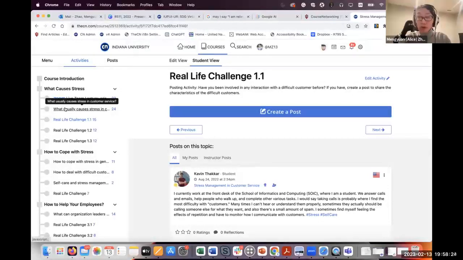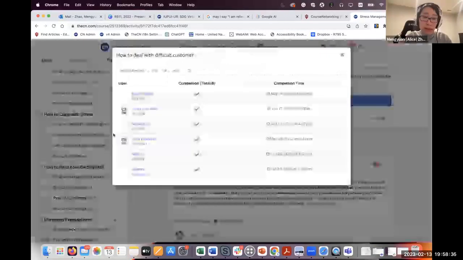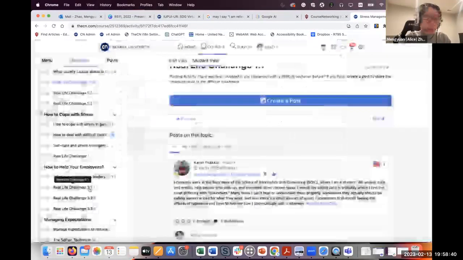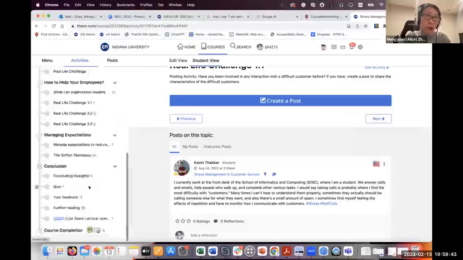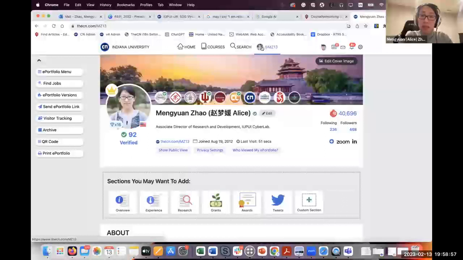The instructor could also say, users must complete the previous activity before they can move on to the next one. So this is our Pathway LMS. We have micro analytics built in. Instructors could see on each activity who has completed it. And we also have course completion badge and certificate built in, and lesson completion badge. And all of these micro certifications go directly to the user's ePortfolio profile, which is the CN ePortfolio.